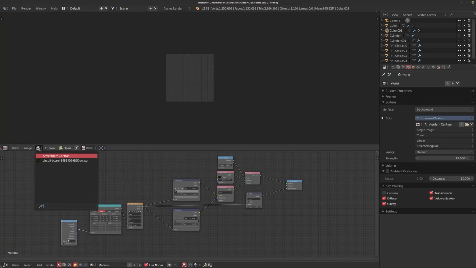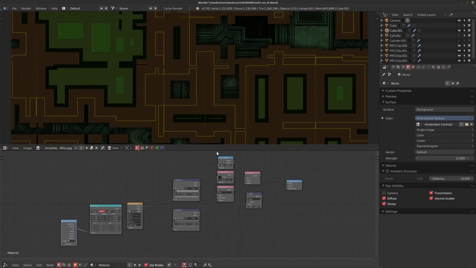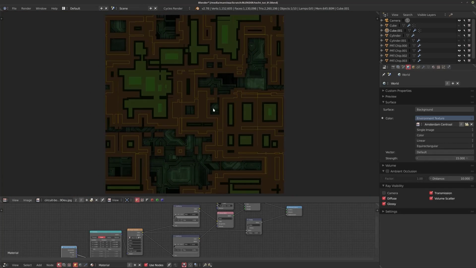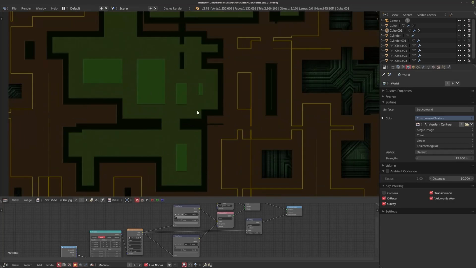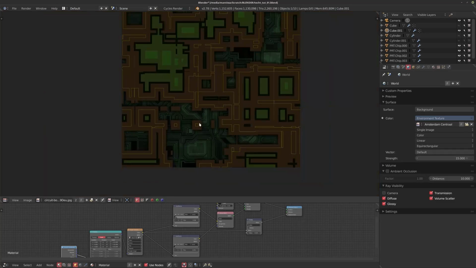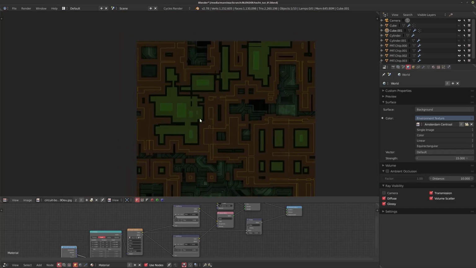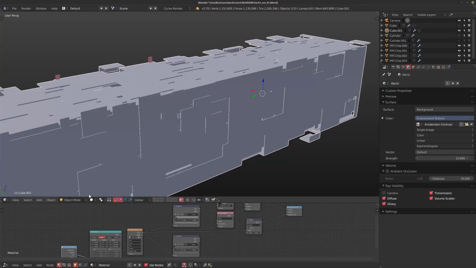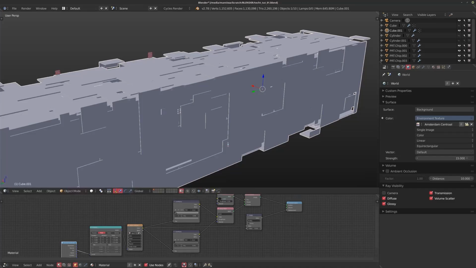So if I go into the editor, I'm just going to grab this. This is a public domain image. I think I typed public domain circuit board into Google, and this is one of the first ones that popped up, and by itself it's not really the most interesting image, but it has some really nice detail built into it. And what I like doing is just grabbing these and using them in the node editor.